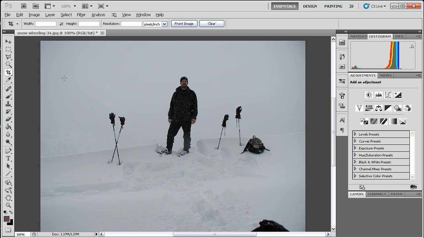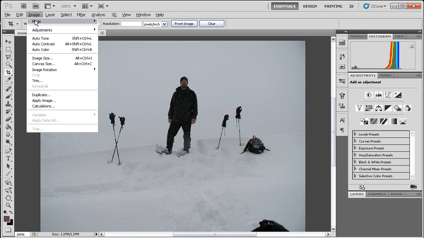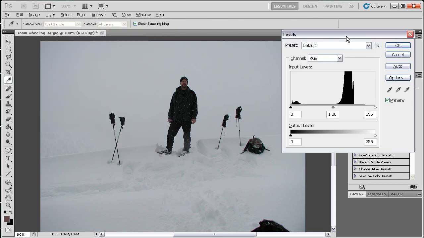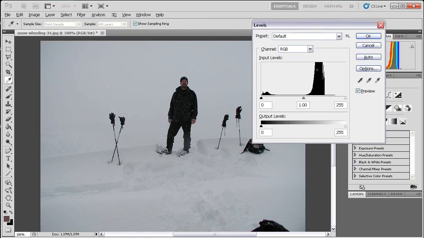The first one is use a levels adjustment. I'm going to do that here by going up to the Image menu, selecting Adjustments, and Levels. Now what you can see here in this histogram, this black tower represents the highlight detail in this photo. All of this information is the snow down here and in the background. But this little white triangle is the white point. So to get the white point down to where the white stuff actually should be, you just move this little slider,